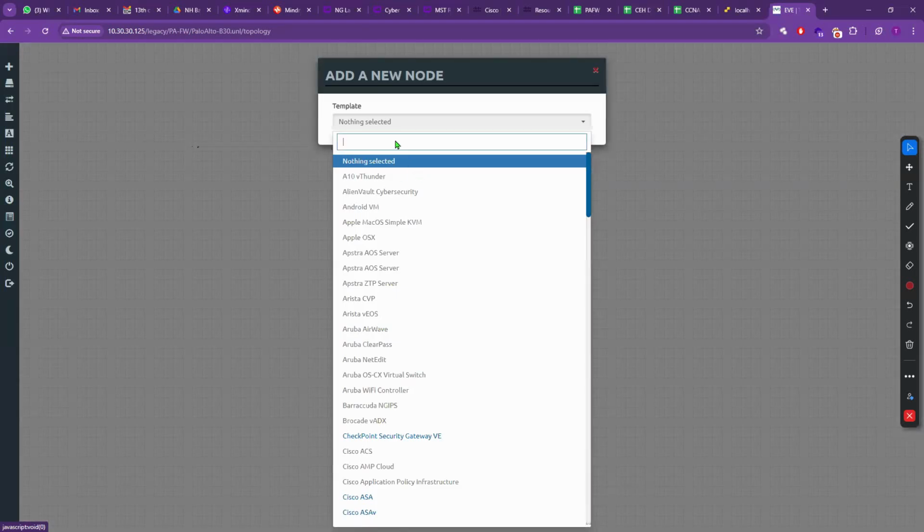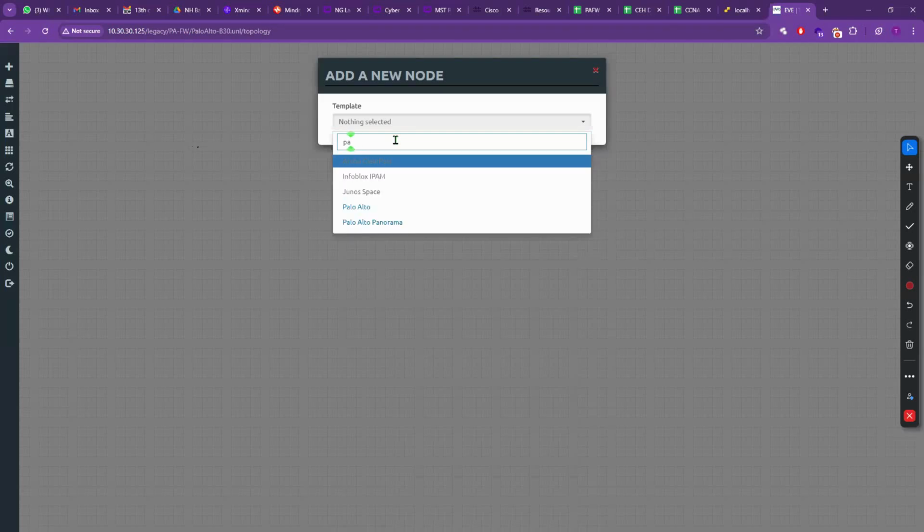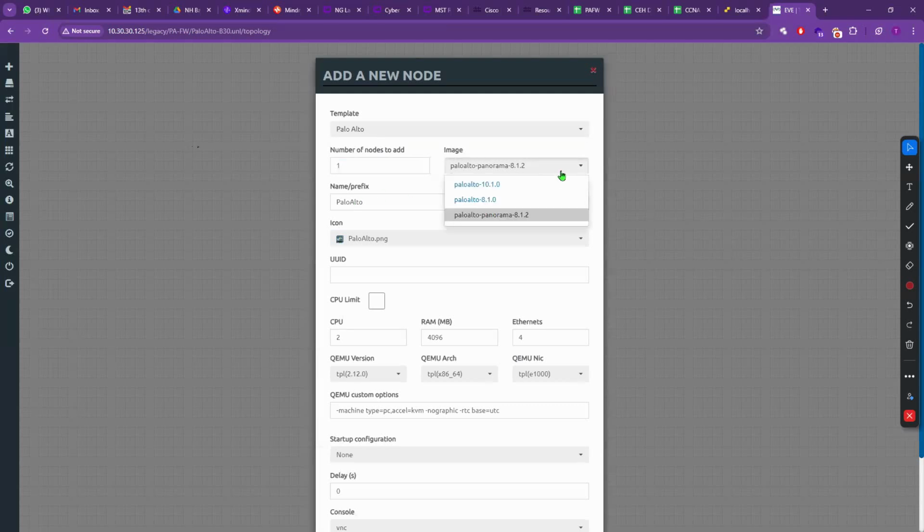Then what you require: add an object. From that you can select the node. And here you need to search for PA. So you can see PaloAlto. And here you will find different images. Suppose you have multiple PaloAlto versions; again the EVNG backend process, I told you, detects the folder name. So whatever different PaloAlto versions, they detect the folder name PaloAlto, and all you can see here together. Okay. So 10, as I told you, 10.1. Attach here. How many firewalls you want to add? It is here. Right now we'll start with one simple.